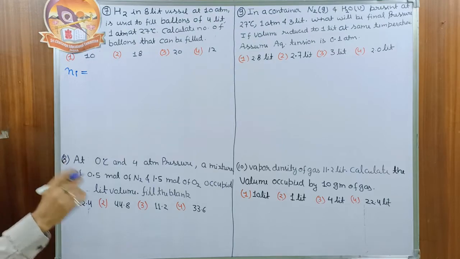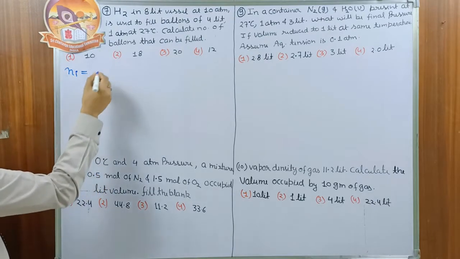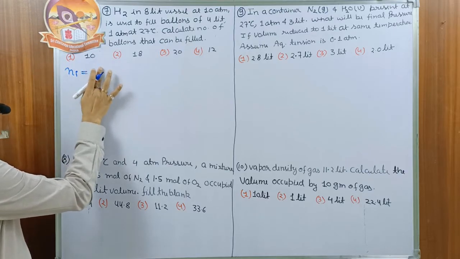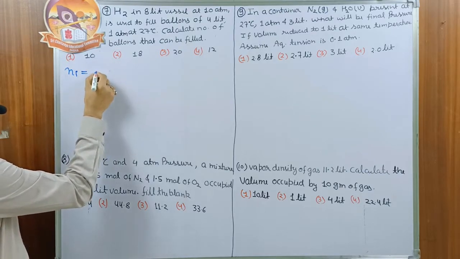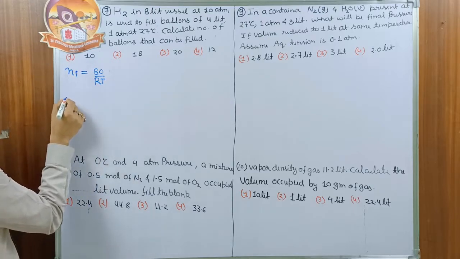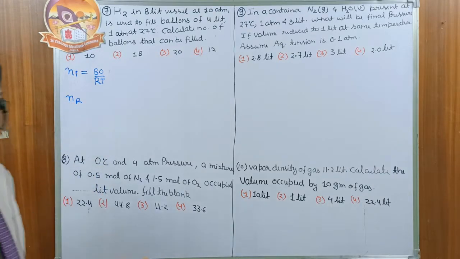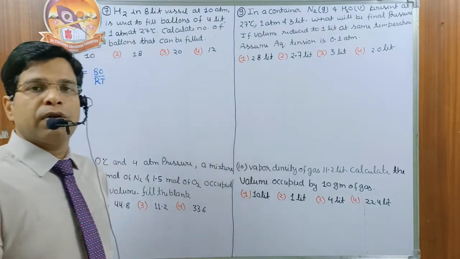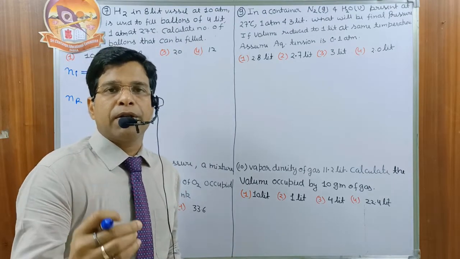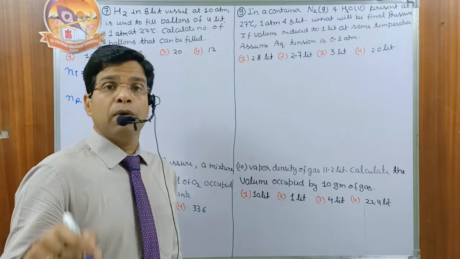Number of moles: PV is equal to nRT, then n becomes PV upon RT. So what is the number of moles? Pressure is 10 and volume is 8, so the total number of moles becomes 10 into 8, 80 by RT. How many moles are remaining in that container? I have just informed you that we can withdraw the gas from 10 atmosphere down to 1 atmosphere. So when we cannot fill more balloons, at that time the pressure of the big container has to be 1 atmosphere. Then how many moles are remaining at that time?